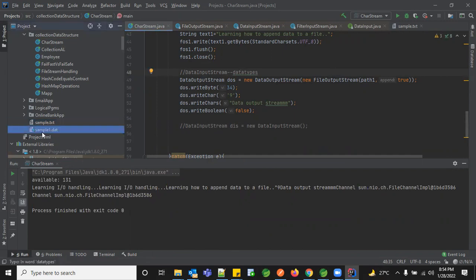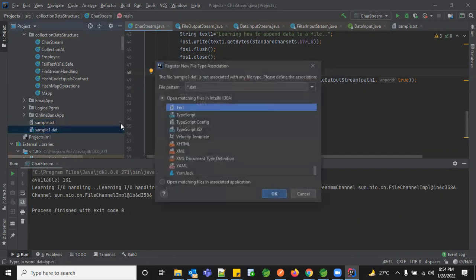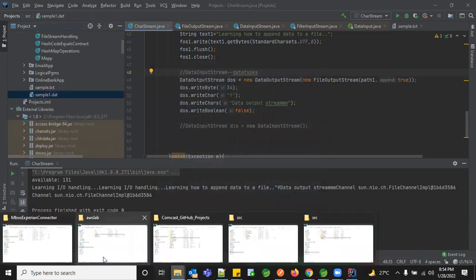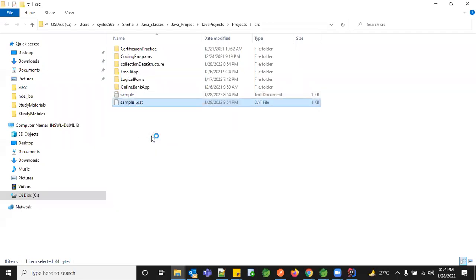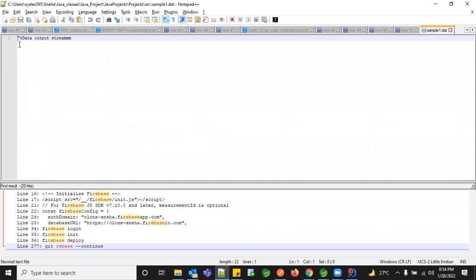So if you see, you have got something called sample1.dat. You can still see the same characters, but earlier you were having those special characters as null, null, null. But you still see it's just having the data output stream, nothing else. And what is the data I have given?